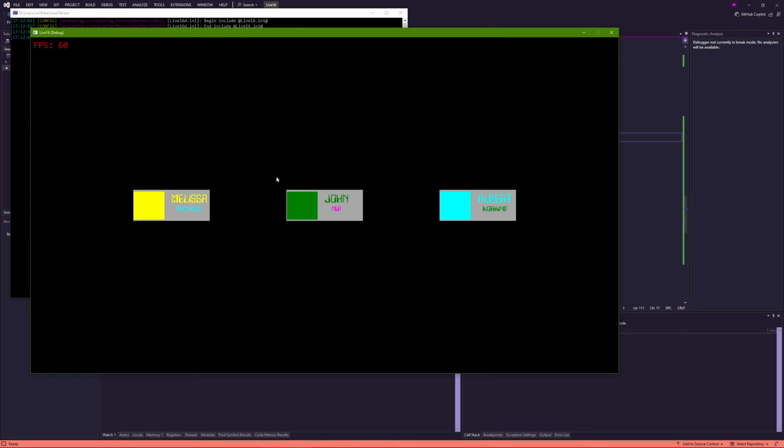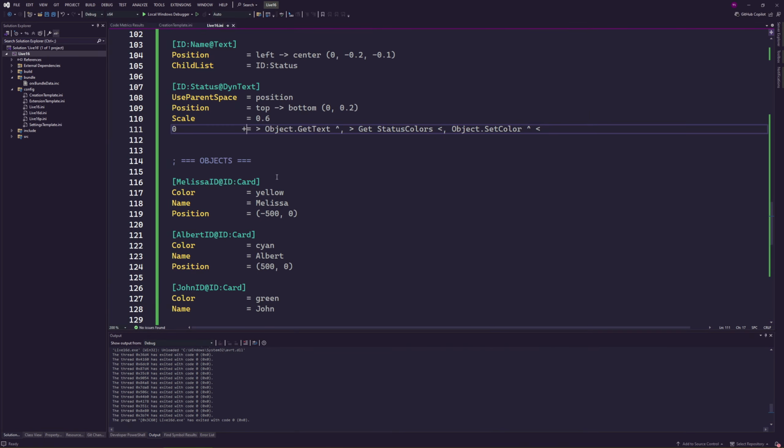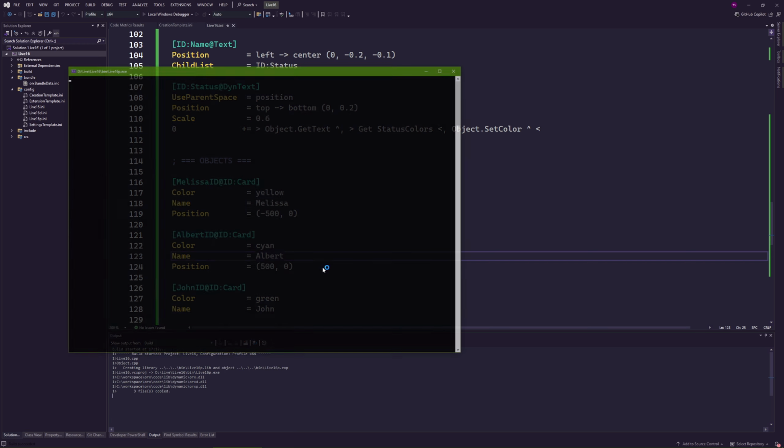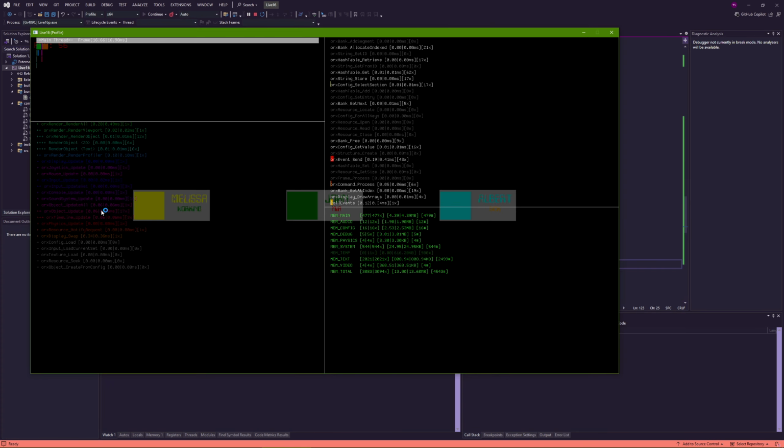So there's a question coming for this, and we're almost done. The question is, we're pulling all those values every single frame. What's the cost of this? So we're going to fire the profile version. And we can see that looking here at the object update, we do have 17 updates, and in the profile version, it takes 0.05 milliseconds, which is not much. But let's say you have hundreds of cards displayed, something like this, it can add up, right? And there is no need to pull these values if you don't need them, right? You should only update them when needed.